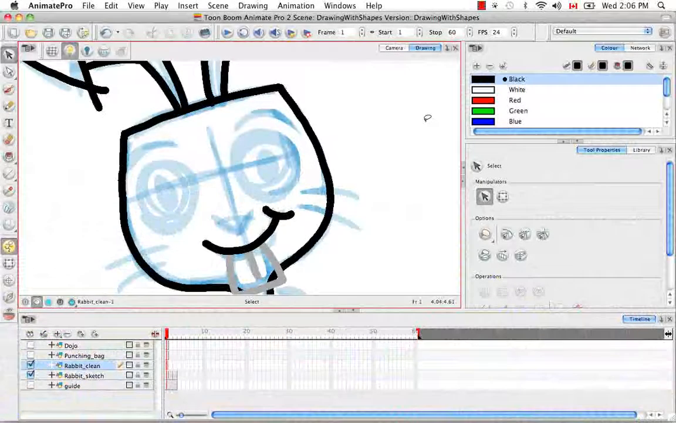Welcome to the tutorial Drawing with Shapes. In this tutorial, I'm going to continue to clean up the front sketch of the cartoon rabbit, but this time